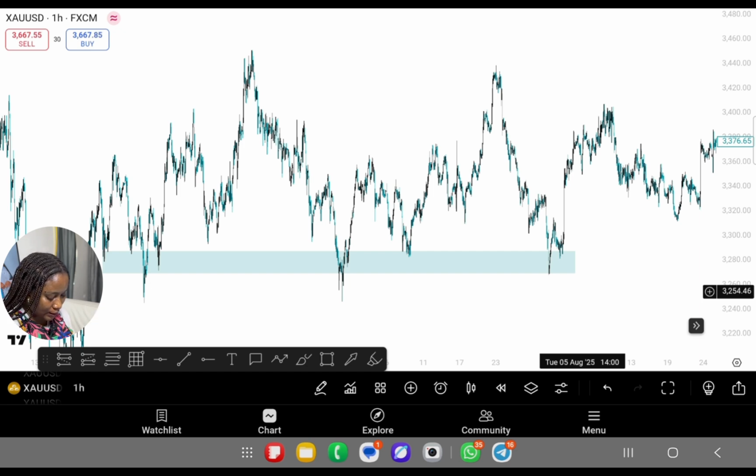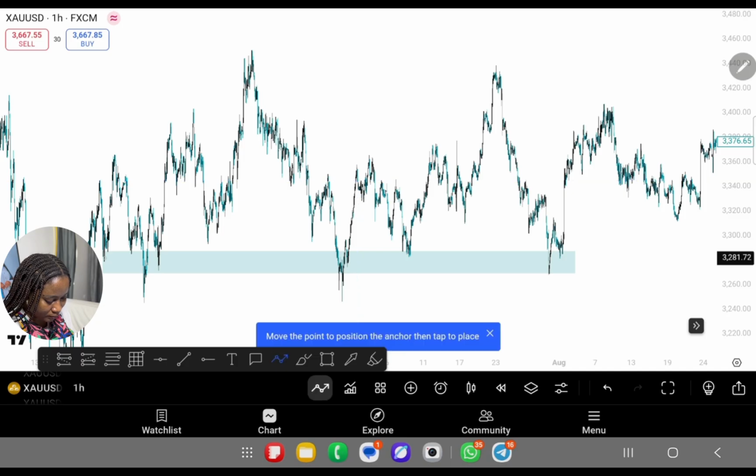So now you can see this move started from here. You first got here, price pushed it up, and then the sellers pushed it way down. But the buyer was like, no, we want to protect. They wanted to protect this area, this zone, and so they broke above it. They pushed it high. The sellers tried to push it down, but the buyers did not allow it to pass more than this zone. They pushed it higher, and then you can see whenever price gets close to it,